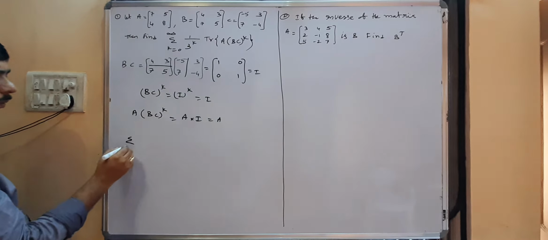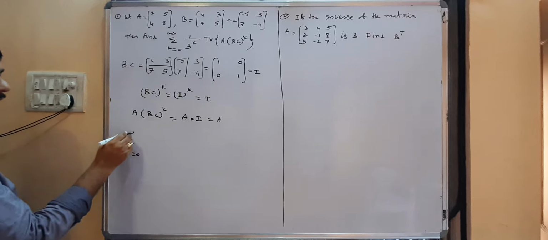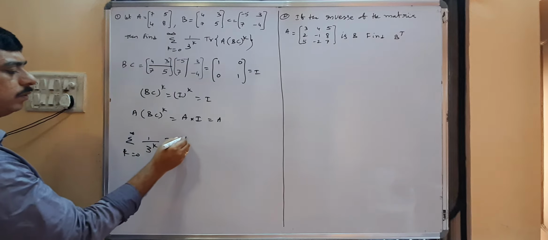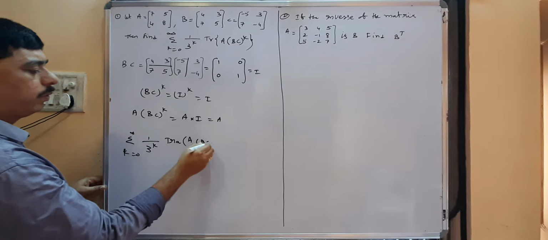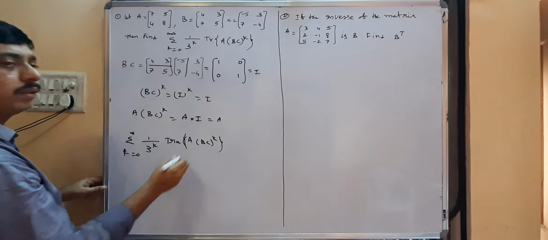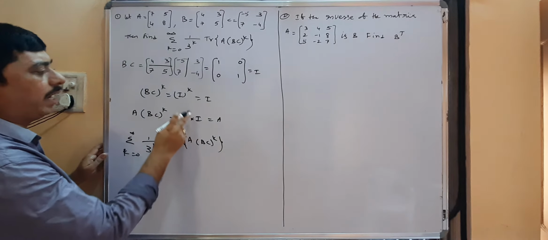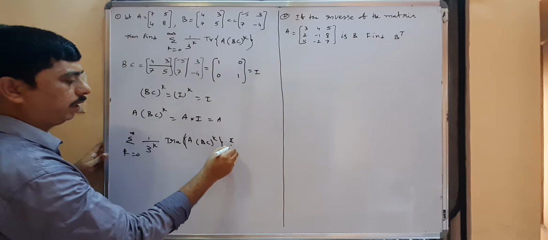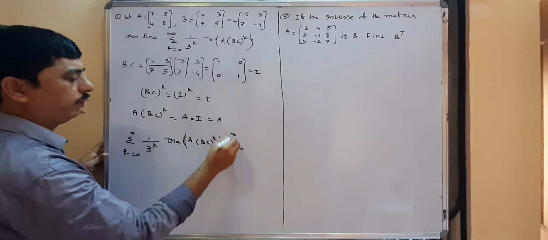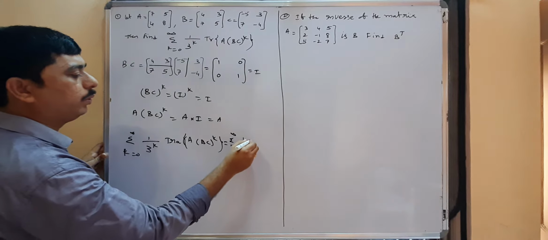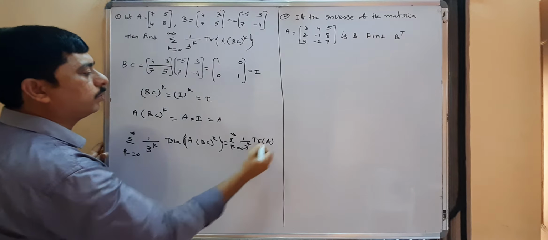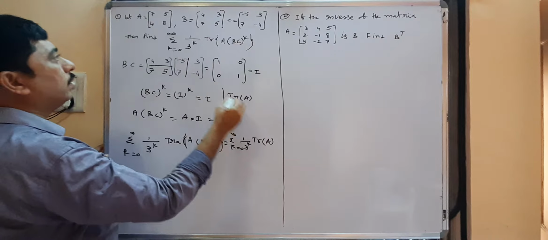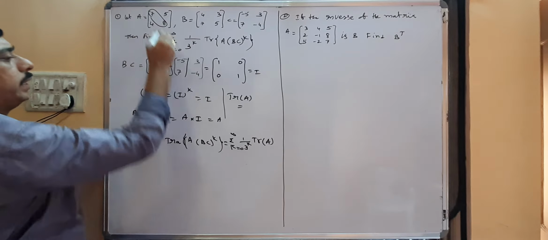Now coming to the problem, sigma k equal to 0 to infinity 1 by 3 power k into trace of A into BC power k. BC power k is I. A into I is A. So this is sigma k equal to 0 to infinity 1 by 3 power k into trace of A. Trace of A is the sum of diagonal elements, that is 7 plus 8